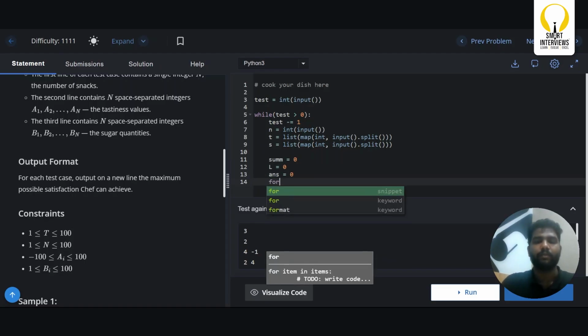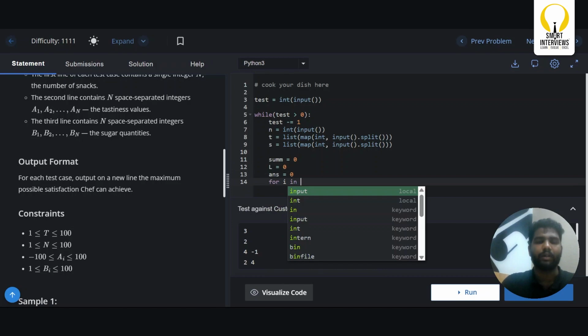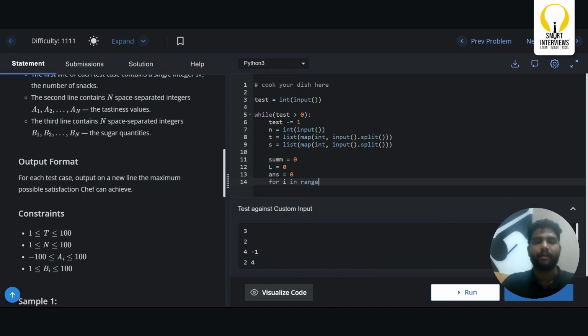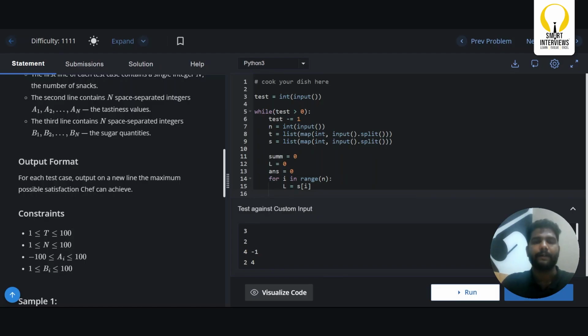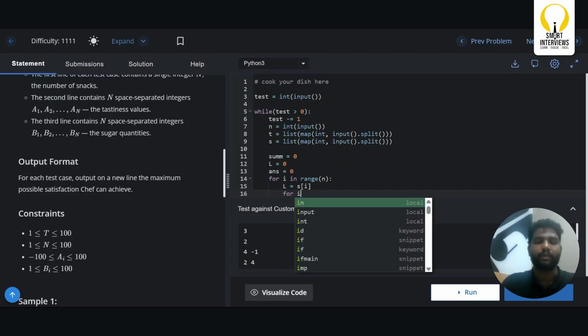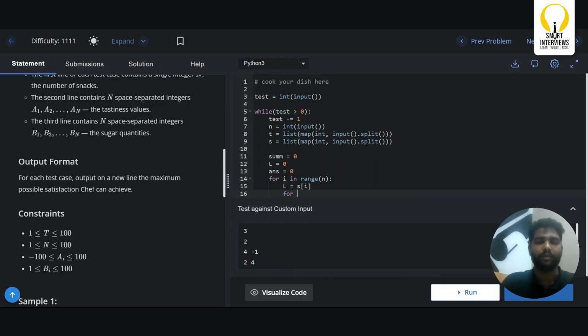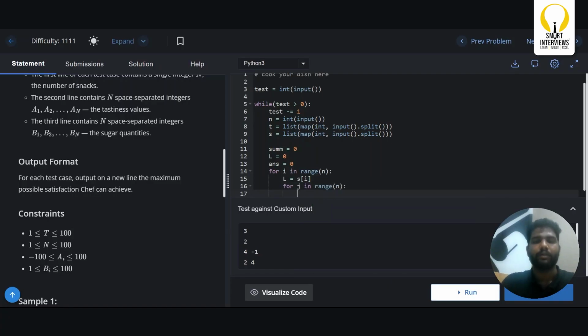Now the for loop, for i in range of n, right? Now L equals s of i, right? And after that, for j in range of n, so you have to calculate the